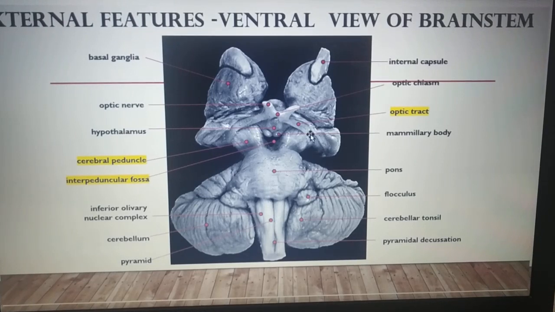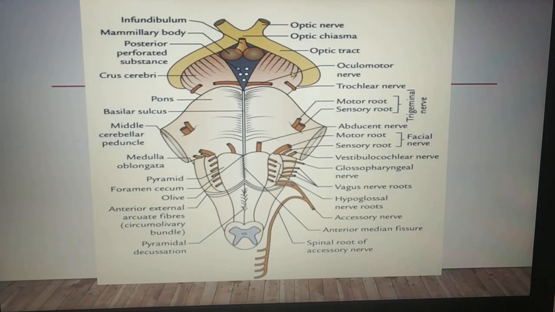The crus cerebri, through which the longitudinal fibers pass, is finely corrugated. The first structure we saw on the ventral side is the crus cerebri. It is crossed over by four structures from above downwards. The first one is the optic tract. The second is the posterior cerebral artery. The third is the superior cerebellar artery. And the fourth is the taenia pontis. We will explain it, because I cannot show the arteries and these structures in this diagram.